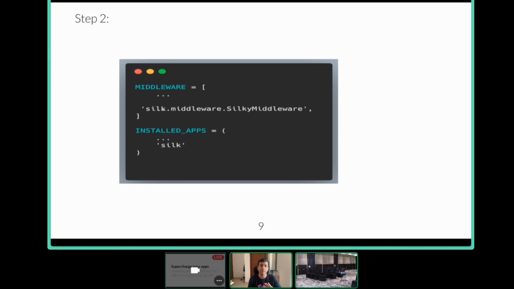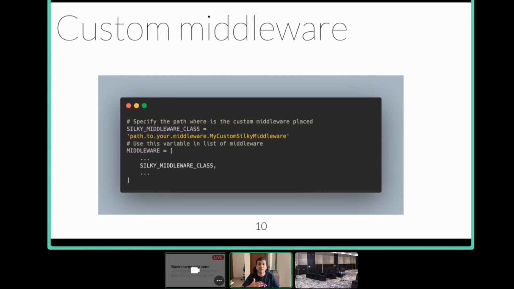Yeah, so let's chat about customization in Django Silk for a moment. Imagine you have created a custom subclass of silk.middleware.SilkyMiddleware. Why might you do that? Well, suppose you want to log the user's location every time a request is made. To integrate this custom middleware, there's